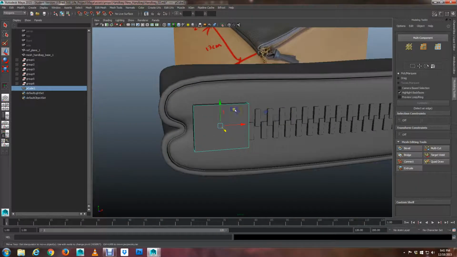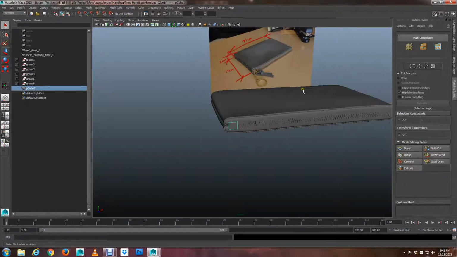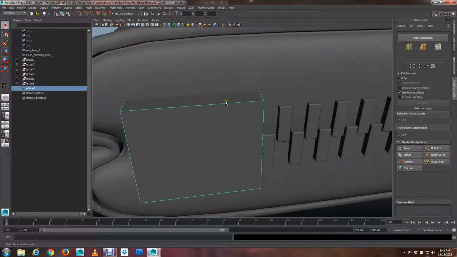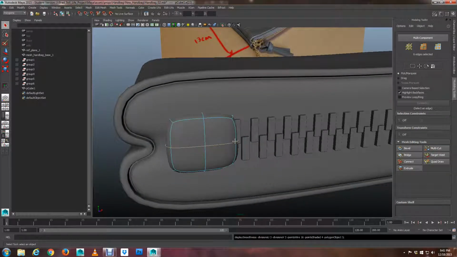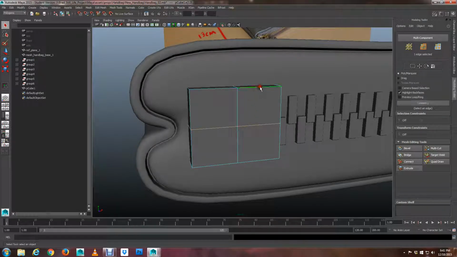Well, first thing I'm going to do is, just like I modeled my handbag base shape, I'm going to grab one of these edges and I'll split it down the middle first, and then I'll split this down the middle there too, and then I'll hit the smooth key. I'll hit 3. See what that gives me. That's too cubic. So I'm going to throw another edge loop here, and I'm going to scale this guy on the Y,